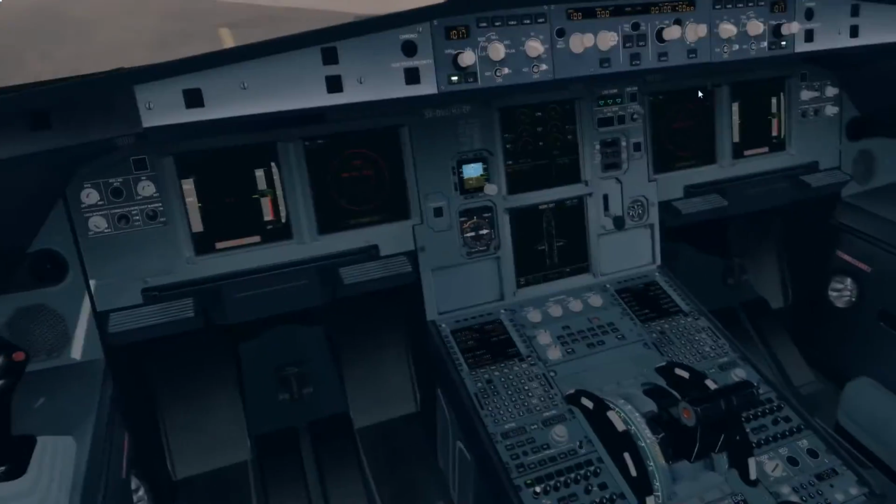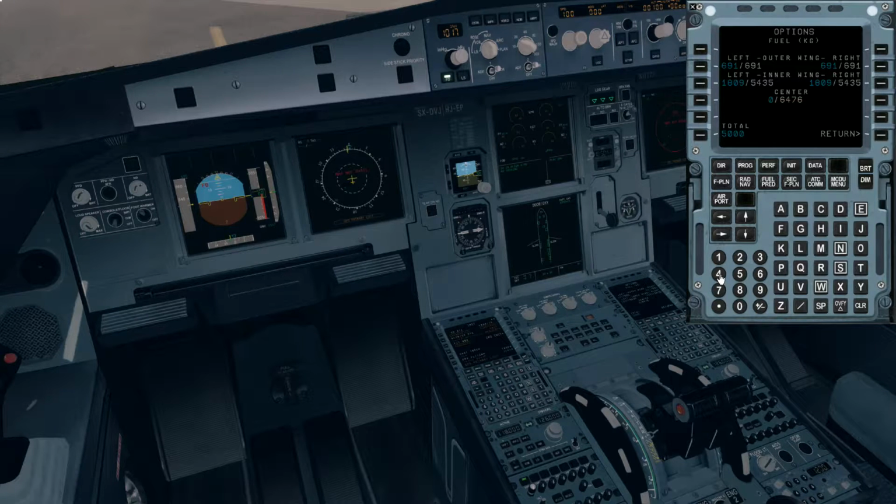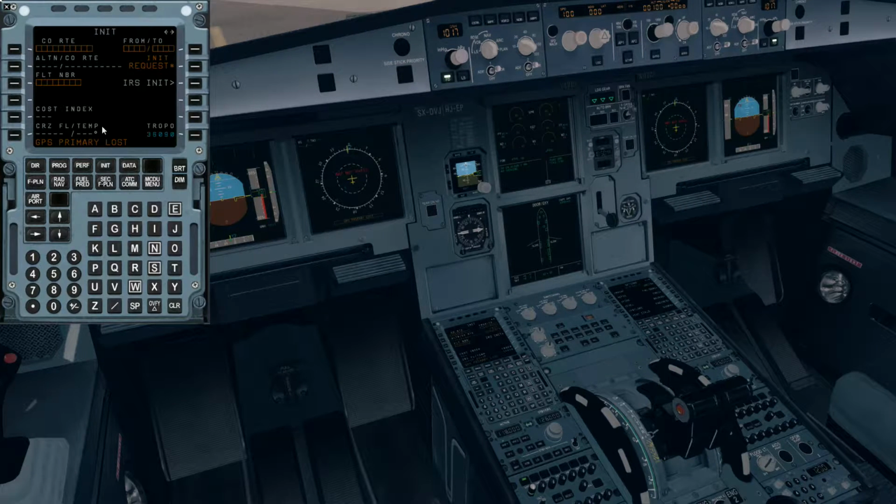Next thing I want to do is load the fuel and the payload. So the payload was 55.90 fuel weight, so a little bit less than our last trip. And the fuel was 4,300 kilograms. There we go. So that's loaded in now. We'll go ahead and init our flight plan. So we're going LGTS Thessaloniki to Corfu LGKR